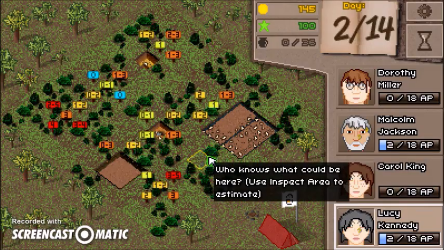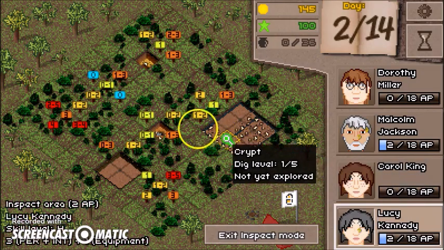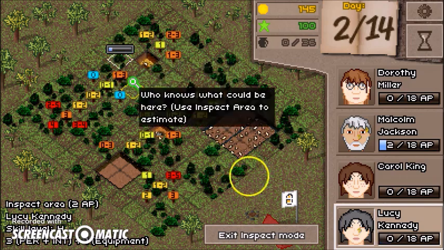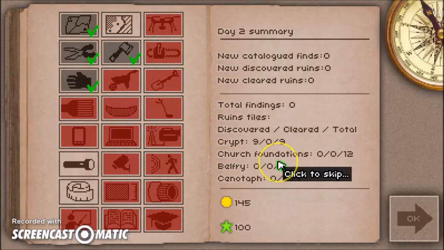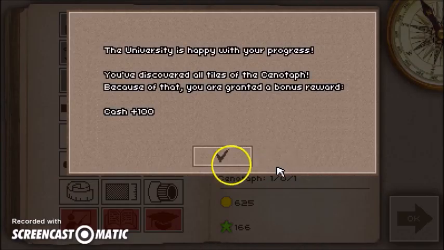Then with the remaining action with my intelligence character, I'm going to explore just to try to reduce the ambiguity in the position of the church. Right now there's 2 positions it could possibly be in, but now we know there's only 1 possible layout. So we'll finish the day, collect our cash, including some bonuses,